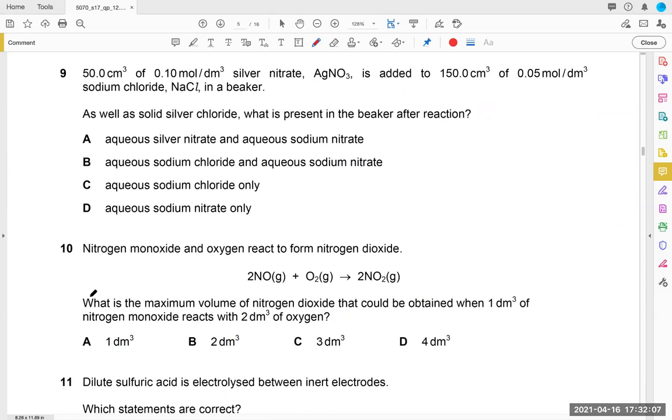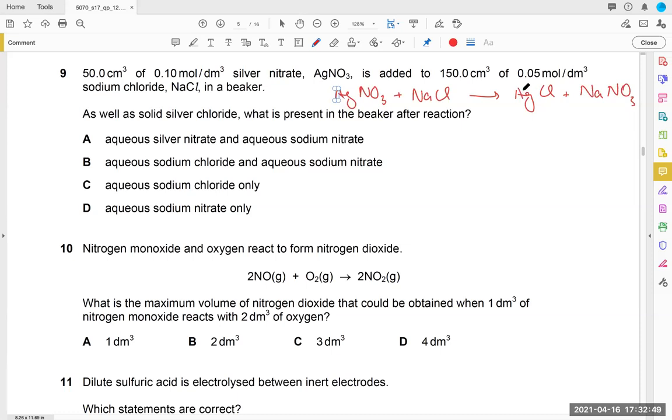Alright. 50 cm³ of 0.1 mol/dm³ silver nitrate is added to this much sodium chloride. Silver है, chloride है, आपको पता है कि reaction होगा और solid silver chloride बनेगा. ठीक है, पहली बात तो ये. दूसरा क्या चीज बनेगी? सोडियम नाइट्रेट बनेगा. ओके, सो सोडियम नाइट्रेट बन रहा है, सिल्वर क्लोराइड बन रहा है, and the reaction is going to be such that we'll have 1 mole reacting with 1 mole of the other. So that's the equation. Now we want to know which one is in excess क्योंकि it's possible कि that will be left over. अब यहाँ पे आप उसको कैसे calculate कर सकते हैं?